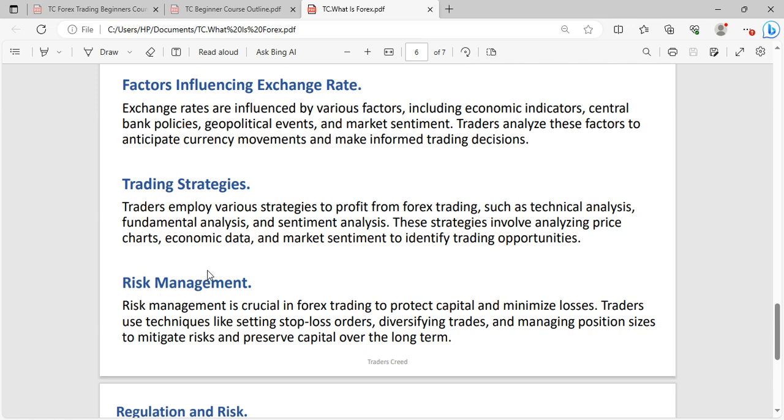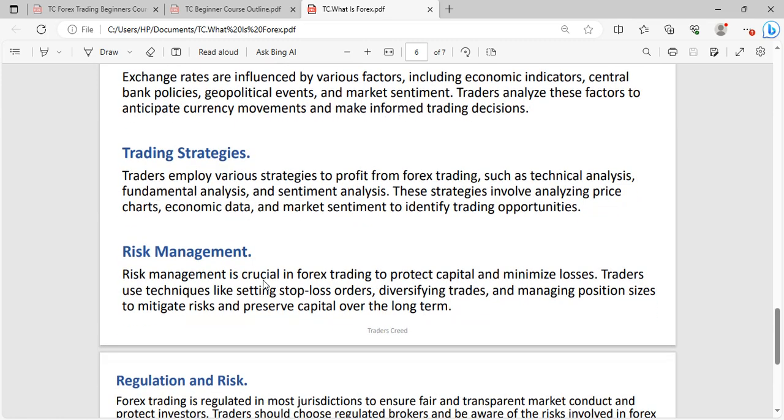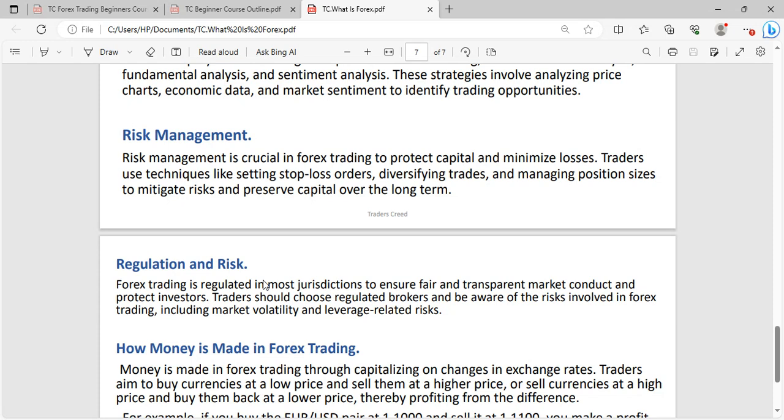Different things make up trading strategies, including risk management. Risk management should be every trader's number one watchword, you understand? Because without it, even if you're profitable, you can't be consistently profitable if you have bad risk management. So as a forex trader, it is mandatory that you have good risk management, because one day you may be called to manage thousands of accounts. And even if you're profitable, it won't last if you have poor risk management.